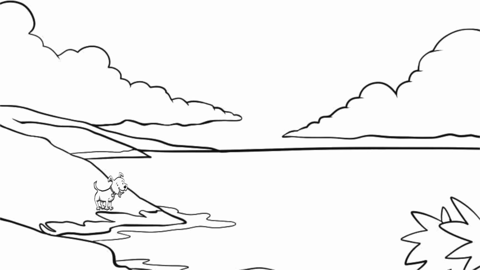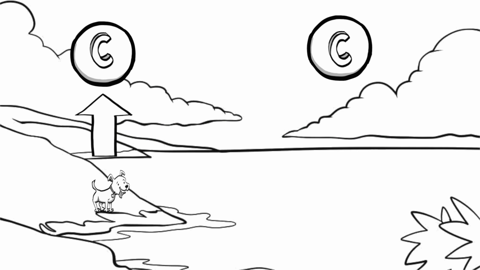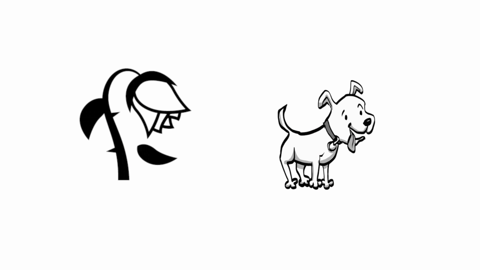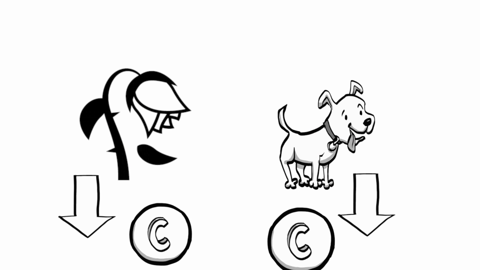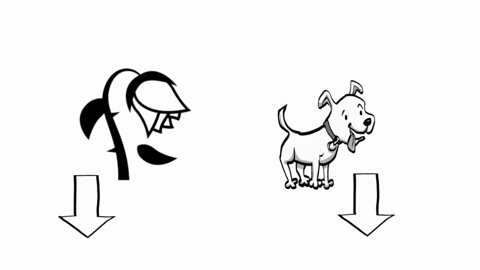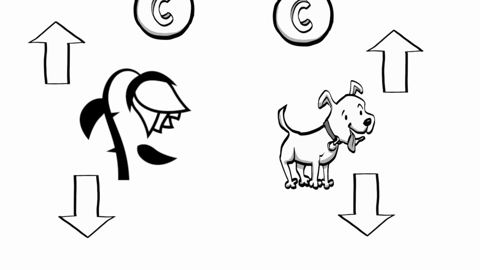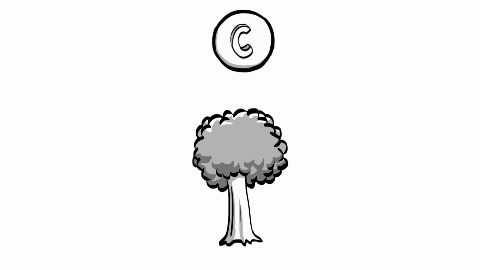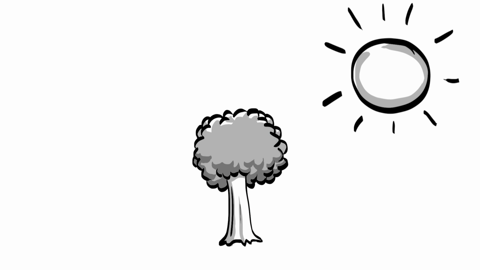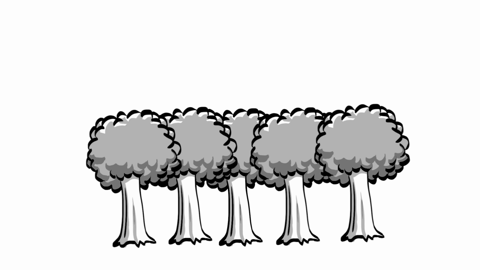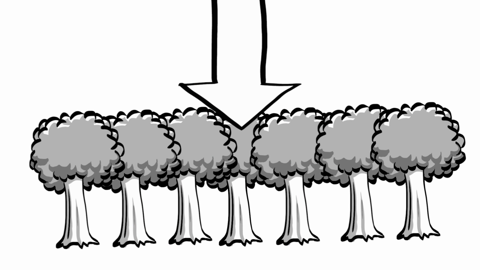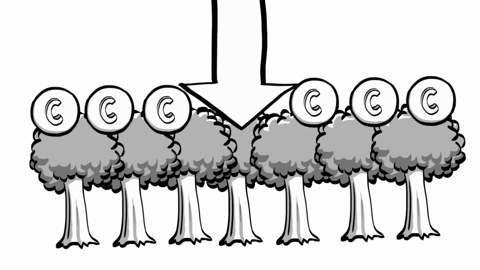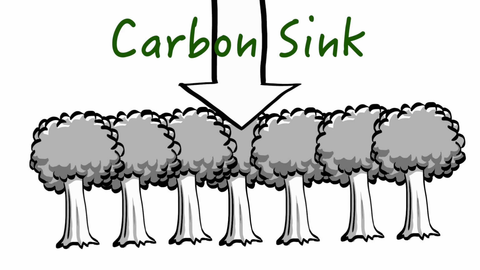Carbon is released into the atmosphere by breathing creatures, volcanic eruptions, and decaying matter. When animals and plants die, the carbon stored in their bodies can become stored in sediments and released into the atmosphere. Plants absorb carbon dioxide from the atmosphere during photosynthesis. Therefore, environments like rainforests are an important part of the carbon cycle because they absorb large amounts of carbon from the atmosphere. This makes them a carbon sink.